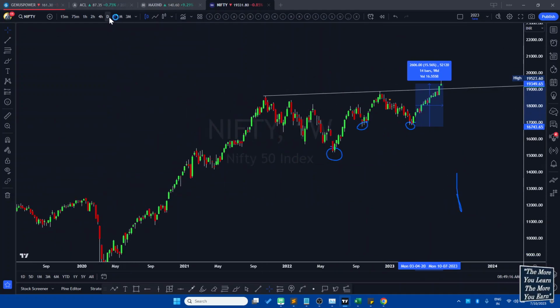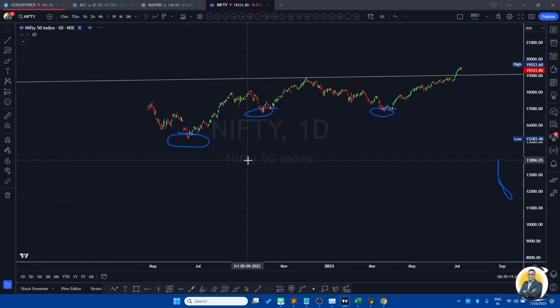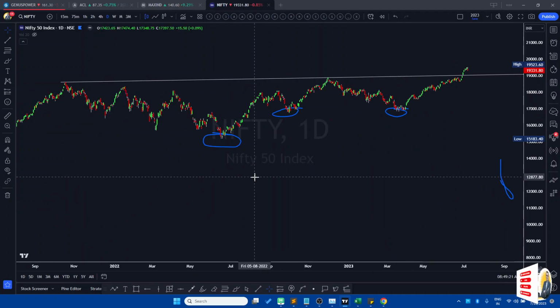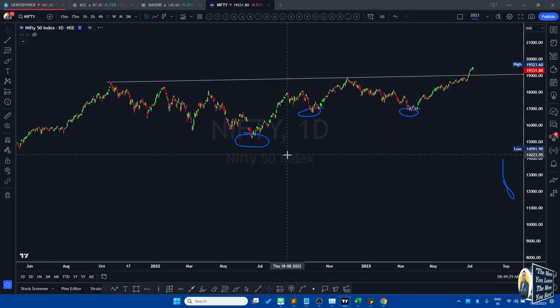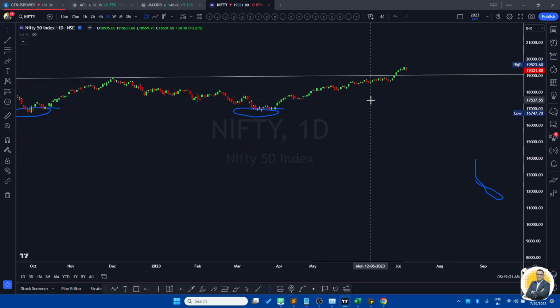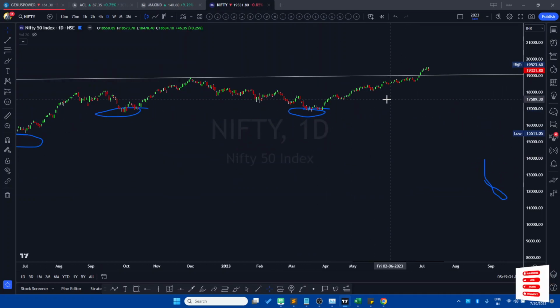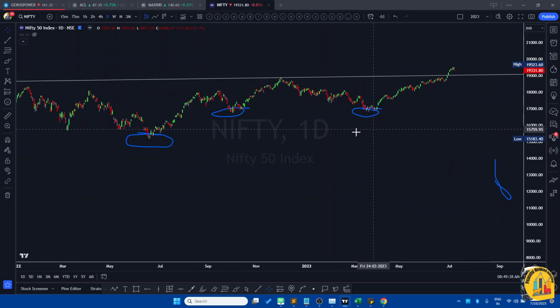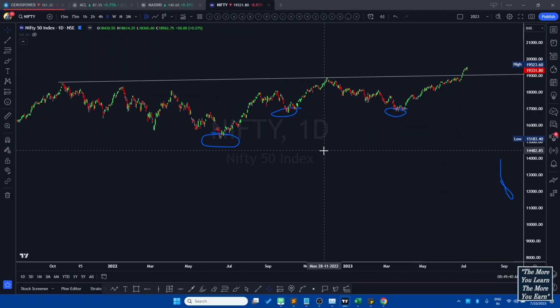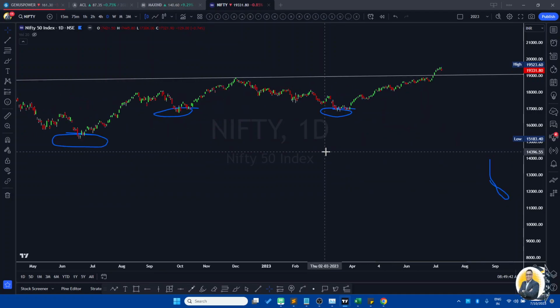But if you look at it in the daily chart, it is not of much importance for me because, as part of my peaceful weekend investing strategy, I look more at the medium to long term. Though I have a short term strategy, I generally don't share that in public. And I am seeing that at this point, after the rally, there is going to be a bit of a pause before it moves further. But overall, the trend is looking very positive.